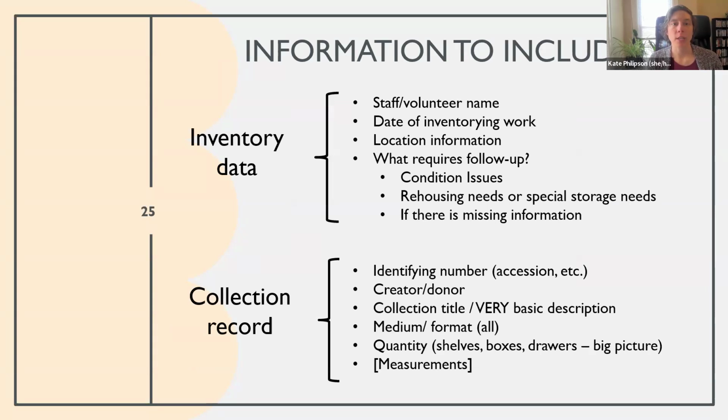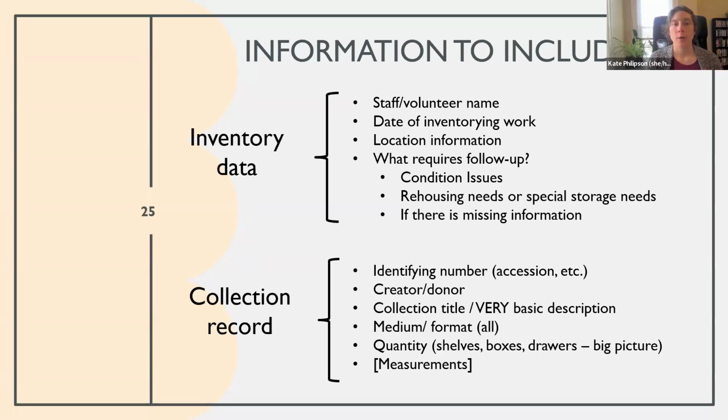This is some of the information that is worth including. This is not comprehensive. It doesn't have to be everything. I'm not saying this is it. I'm not saying you have to have all of these things. It's just good to be thinking about both the work and the process of what you're doing, right? Who's doing the inventory work, where things are, how you're going to flag stuff, and then the collection record information,